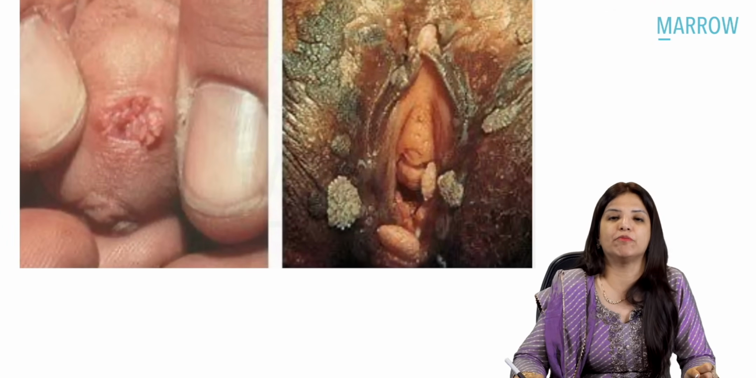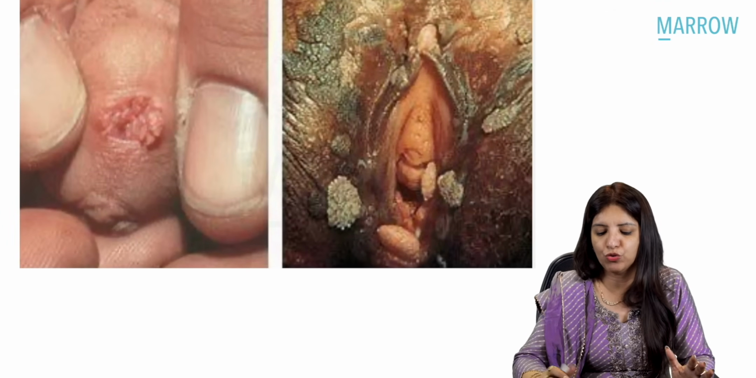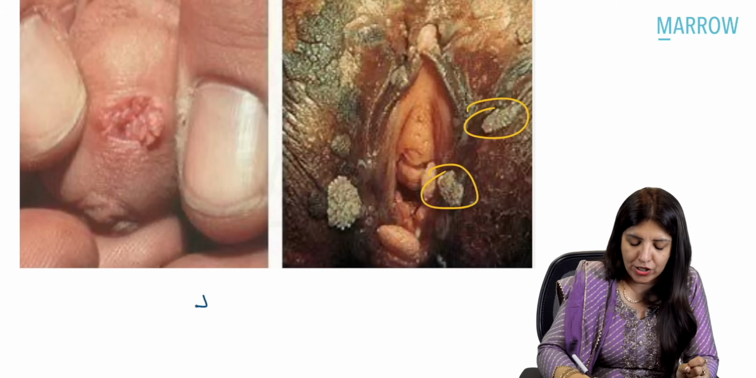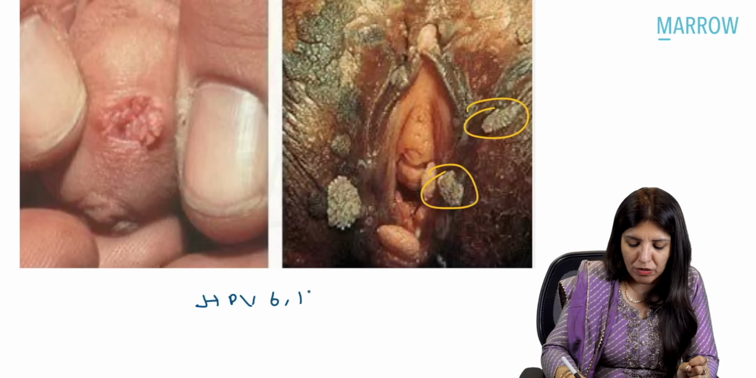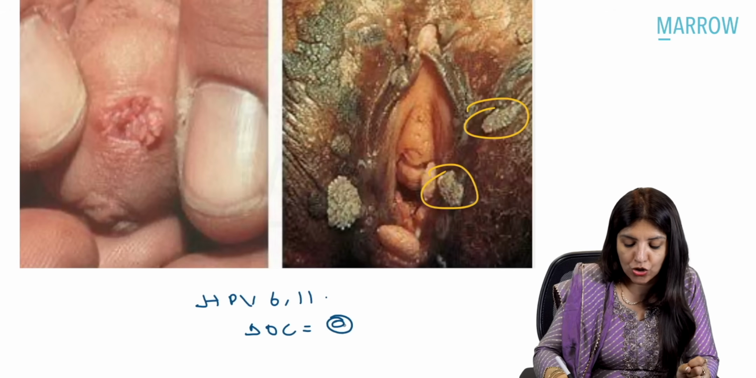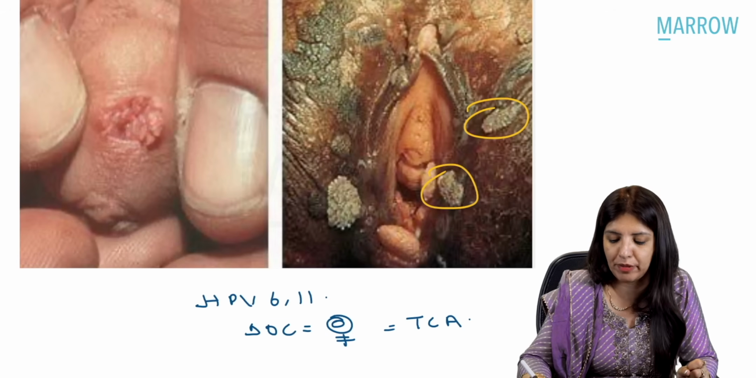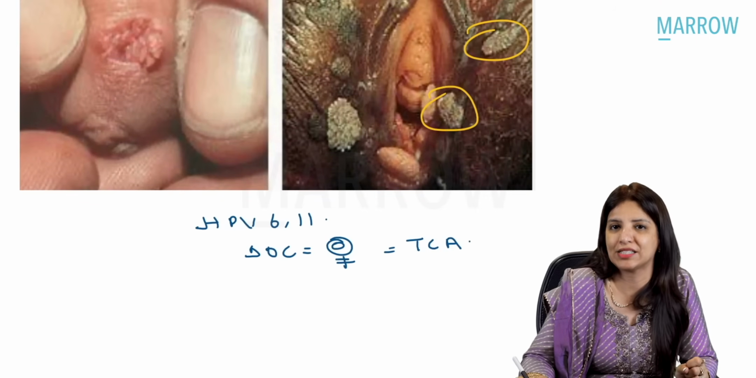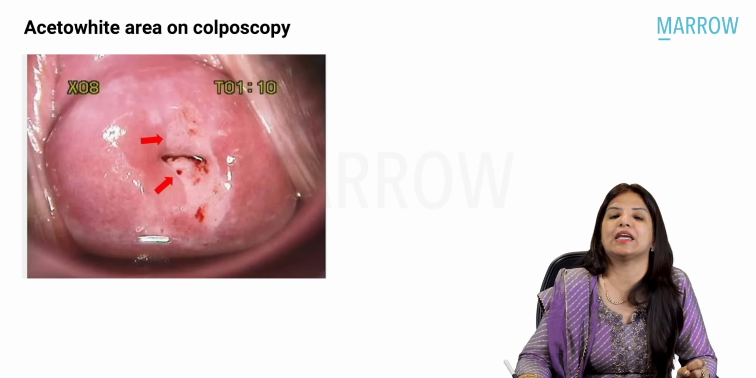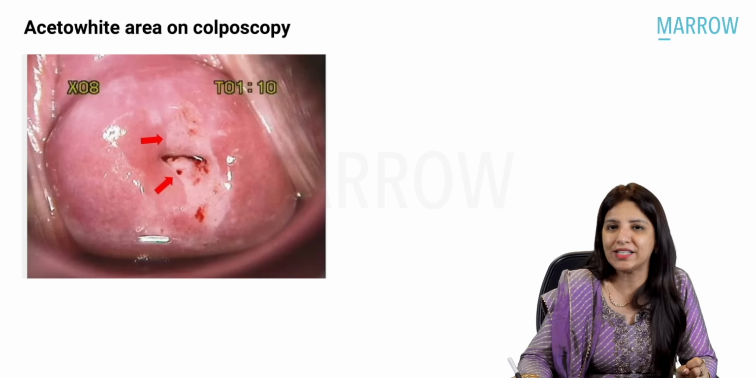So, in miscellaneous images, the first image which I want all of you to know is that of genital warts. Please remember, genital warts is caused by HPV-6 and HPV-11. And what is the drug of choice for genital warts in a pregnant female? The drug of choice for genital warts in a pregnant female is trichloroacetic acid. Right? Then second image which I want all of you to see is that of an aceto-white area which is